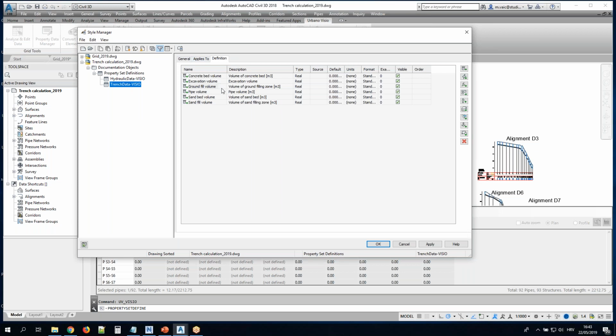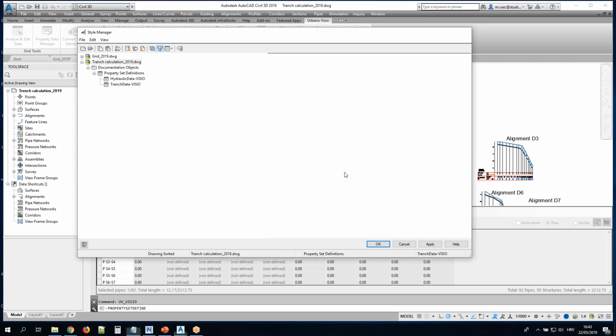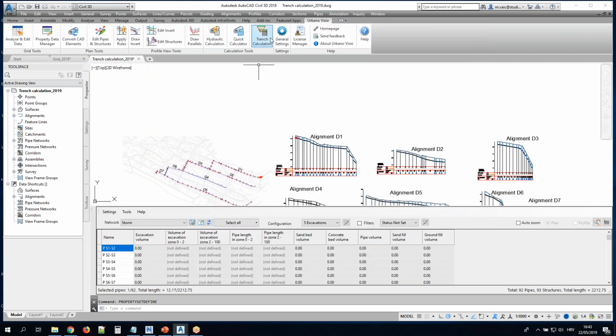All of these volumes, excavation volume, sand bed volume, sand fill volume, and so on, we store all of this information into property set data, which we create on the fly. Again, you don't need to do anything. Just showing you so you know that it's inside. And this is why I'm able to create this table configuration to look at this data,